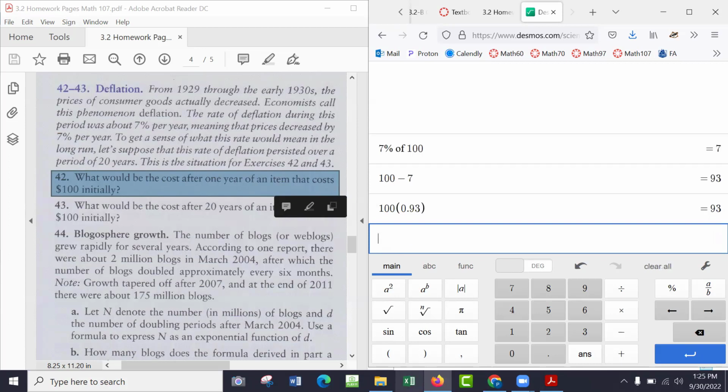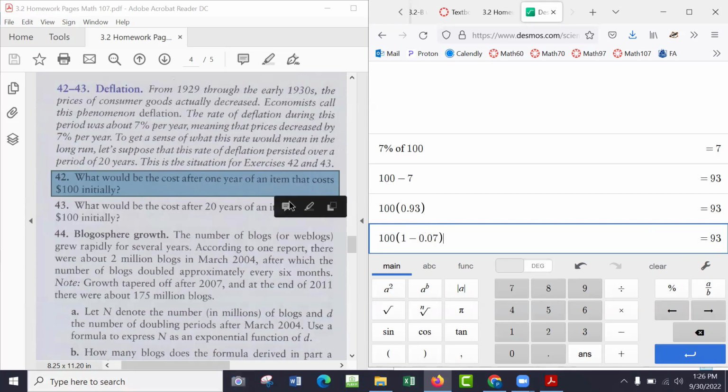Because you're actually going, it's 100 times 1 minus 0.07. I think that's what you said, wasn't it? So that's the key: 100 times 1 minus 0.07, or 0.93. It's the same thing, isn't it? Right. So that's why we did that review of how to get that, because that's